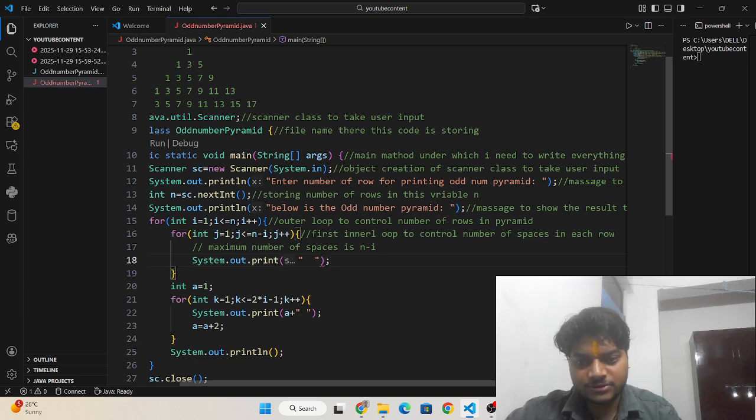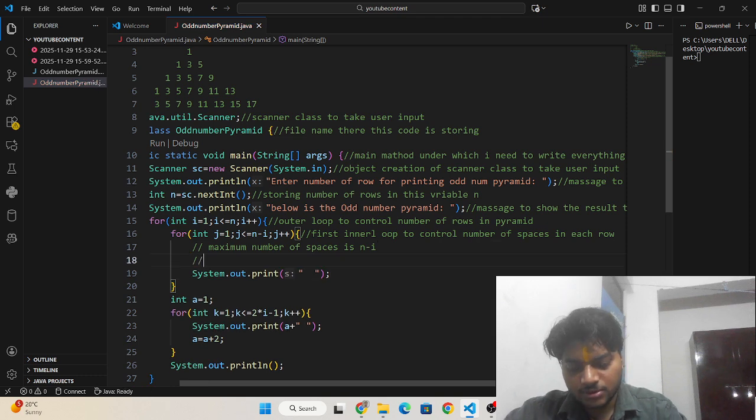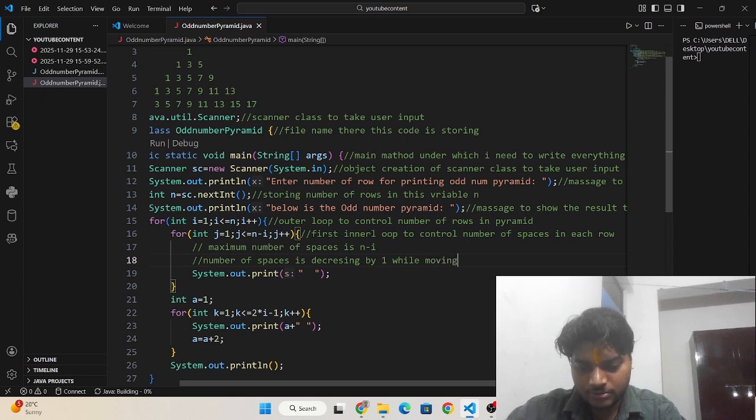You can see the number of spaces is decreasing by 1 while moving from top to bottom.